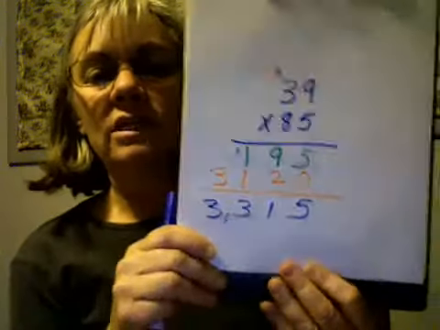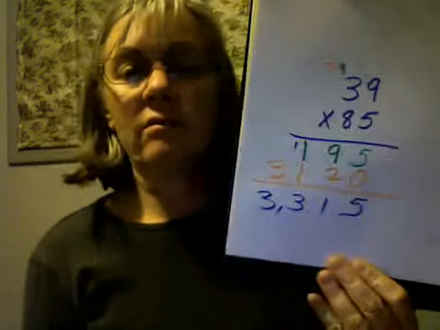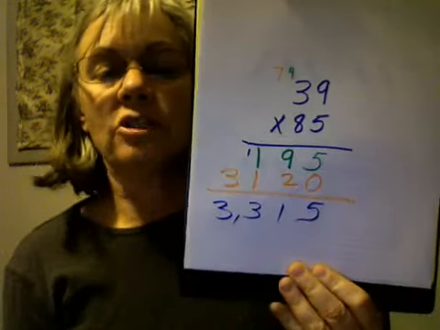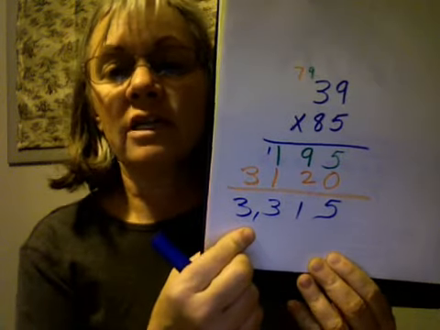When these are added together, the result is 3,315. When we're multiplying 2-digit numbers, the answers are going to be high in the thousands because of our tens